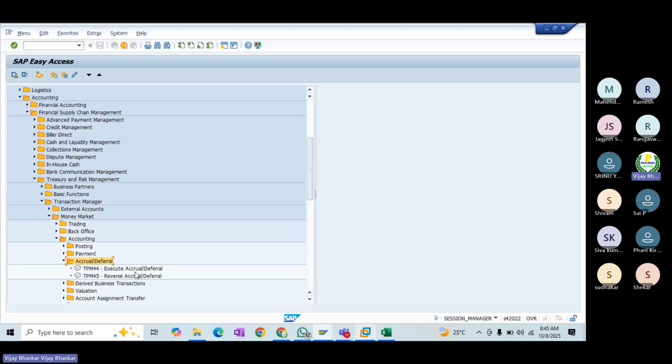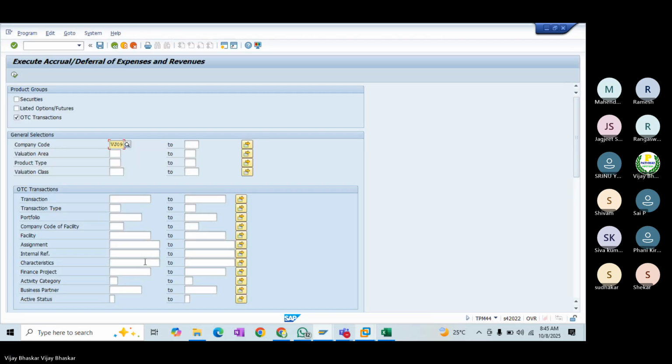See, now this is the one, it is an easy access, where you can execute the accrual deferral.